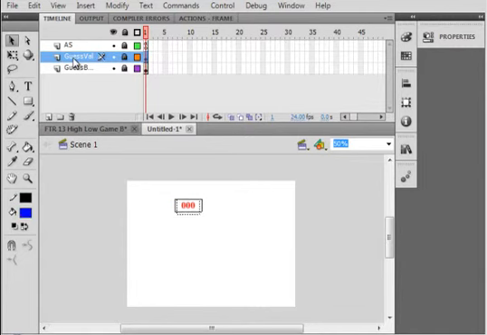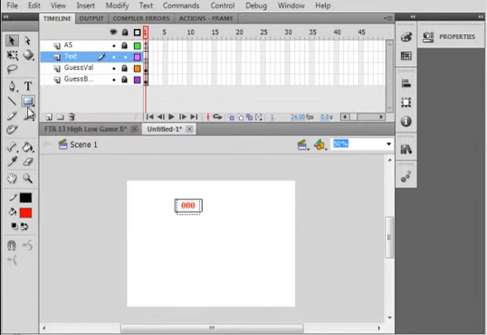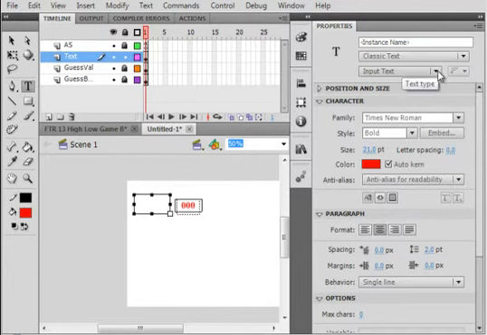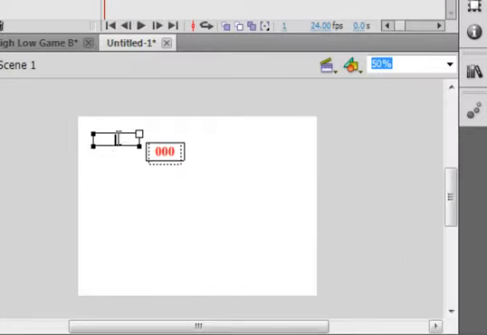Select the guess val layer, insert a new layer, and call it text, T-E-X-T. And we're just going to write some text here. Let's pick up the red again in our text tool, and this time it has to be static text, so come over here, leave everything else the same, but make sure you click static. You don't have to embed it this time because it's already embedded. And in here we're going to write your guess,